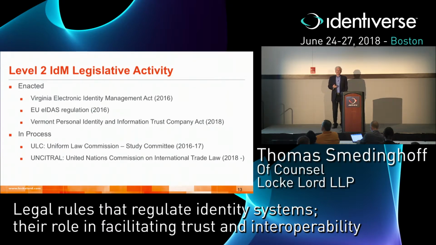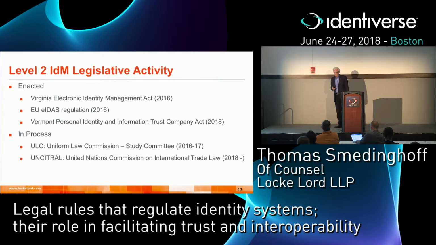A couple of key things in process. There's a group called the Uniform Law Commission in the US which drafts laws for all 50 states. They're just models, and then it sends them out to the states and says, we think you ought to enact this law, and oh, by the way, if you do, and all the other states do, we'll have consistent laws across the country. They set up a study committee to look at the issue of drafting identity management legislation, level 2 law. The study committee ultimately concluded it was too early and that they were going to wait and